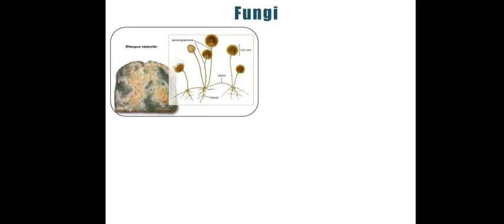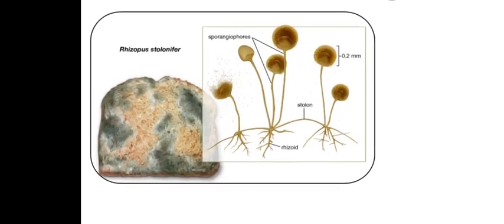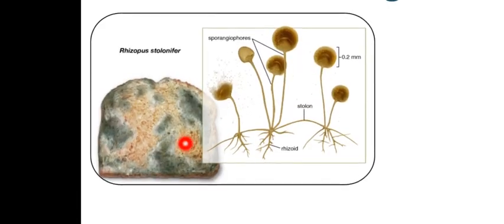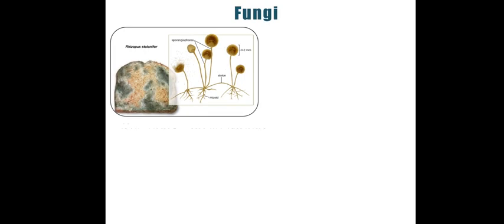Similarly, there are fungi like rhizopus. As you can see, you have seen this structure many times, maybe at home. This is the bread after 4 or 5 days, and you can grow this kind of fungus on the bread simply by spraying some amount of water. Keep it moist, and then after 4 to 5 days you will see the growth of fungus over it. So these green color patches are basically the rhizopus, and this is the microscopic structure of the rhizopus fungus. Rhizopus fungus is also known as bread mold.